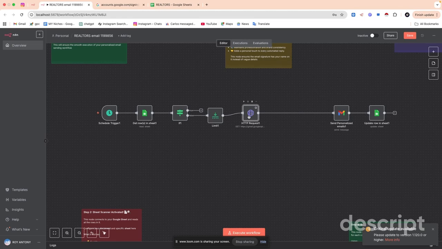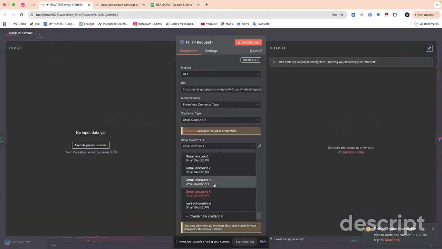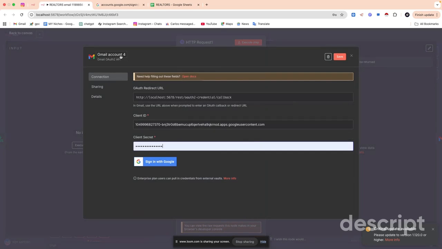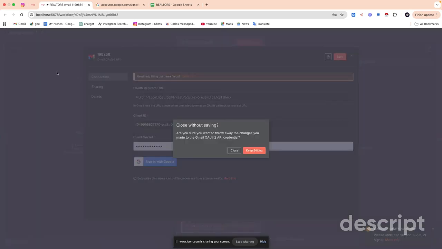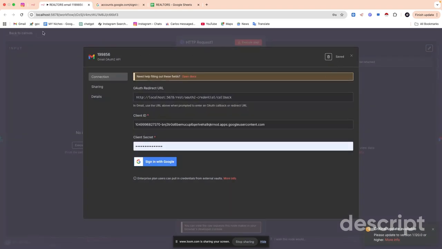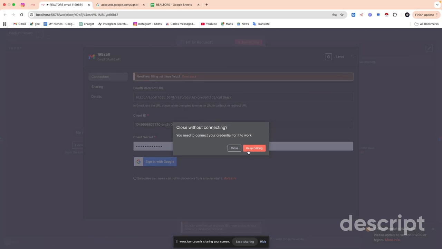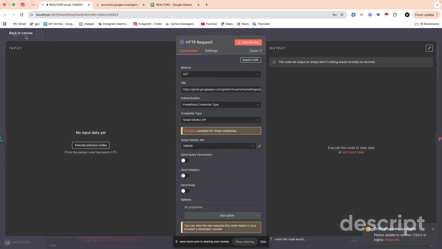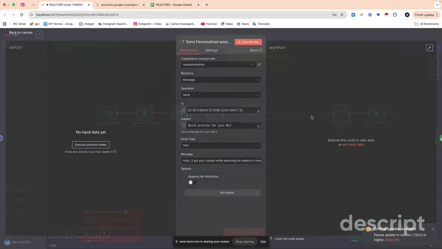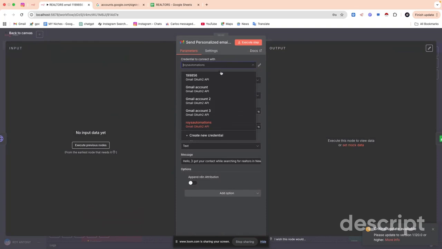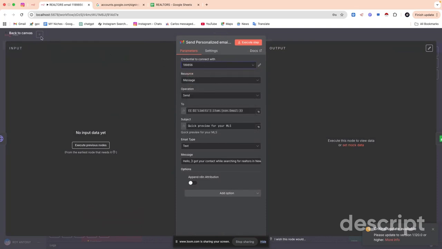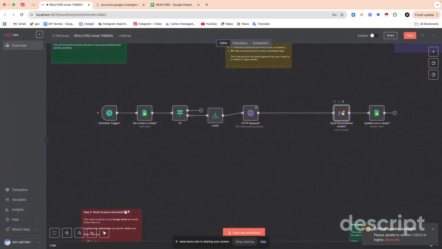So this is connected. We just created another account. This is Gmail 4. I'm going to rename it to something which you will be able to keep editing and save. Yeah, close. Then in the sending email text also you have to change it to the correct email. Then you will be able to see